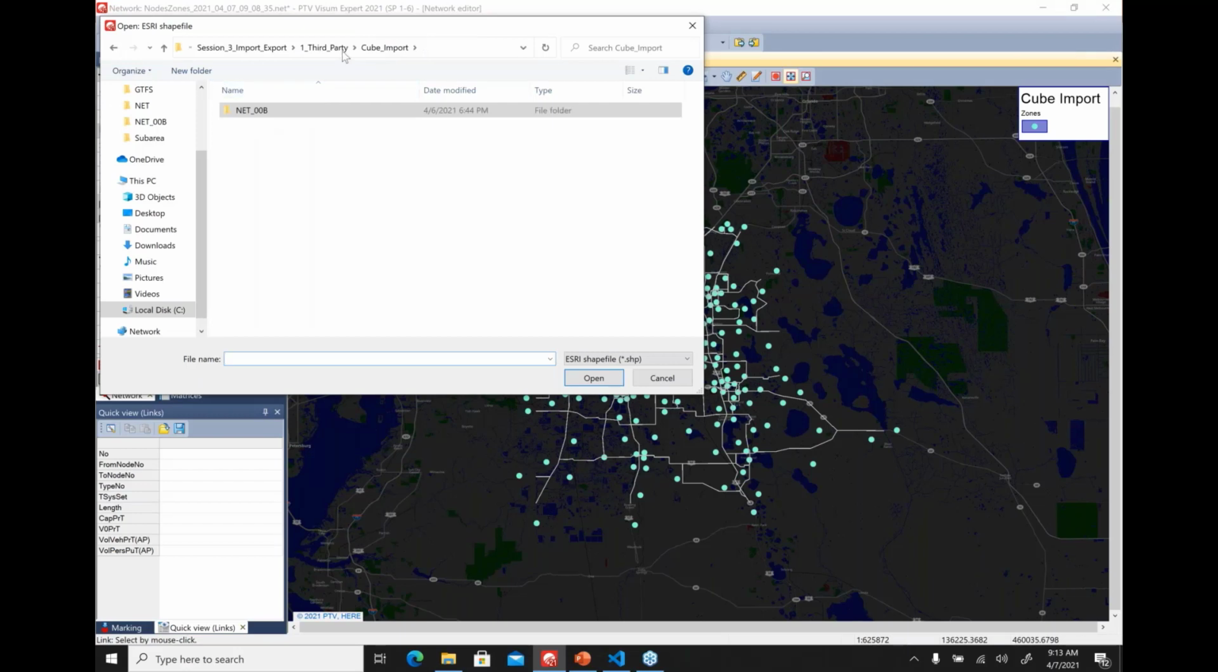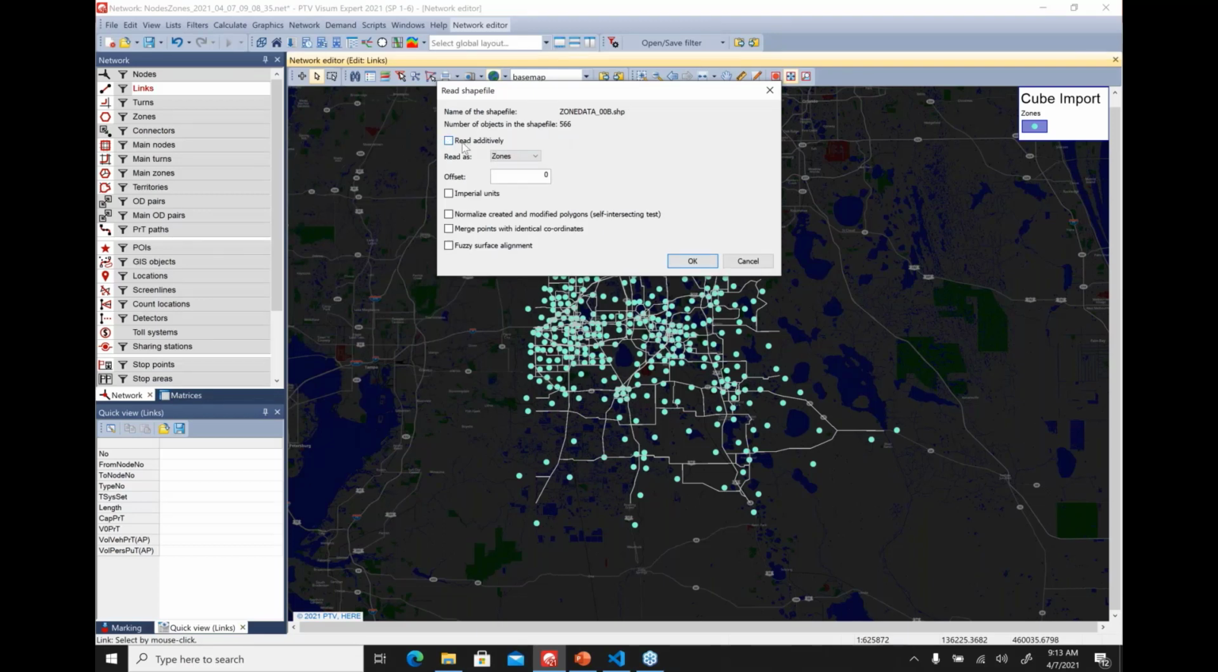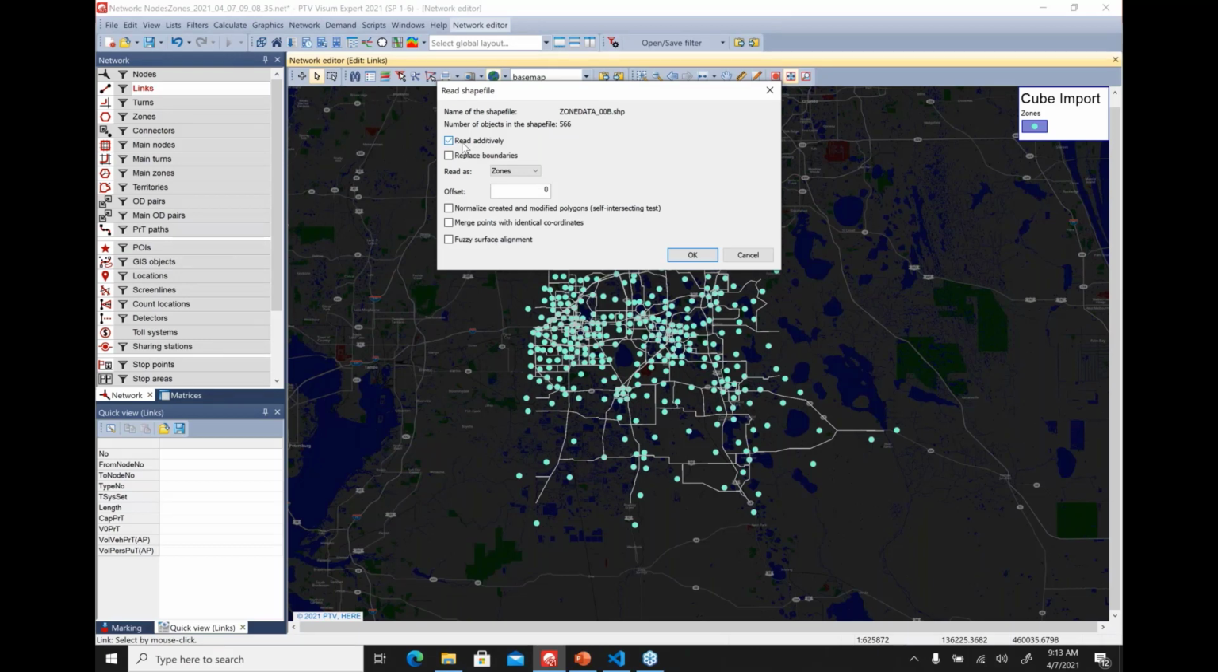and then go to my store of shapefiles over here. I pick the shapefile for zone data and then click Open. So here you can see that there's an option for reading this additively, which means that we can find a key for a zone number and then replace the boundaries to bring in these polygons. So I select read additively, replace the boundaries. I'm going to read these as zones, and the lookup column for the zone number over here is zone. So once we have these settings, we click OK,